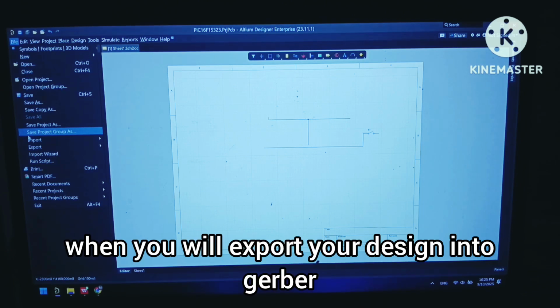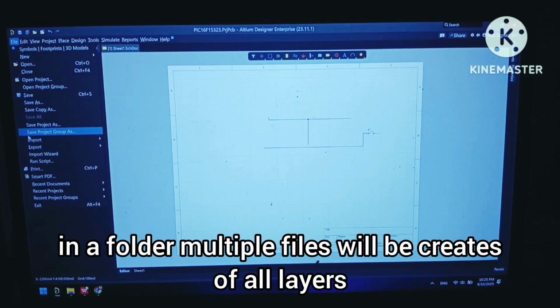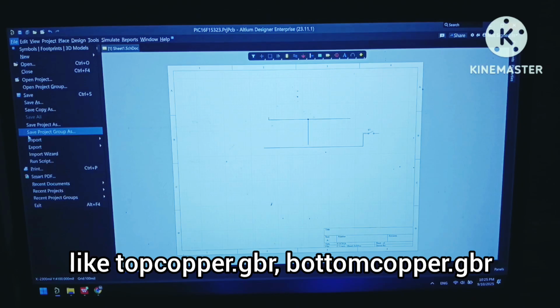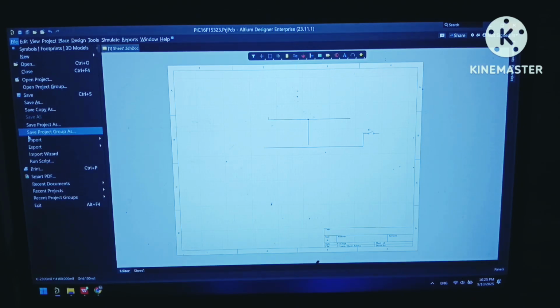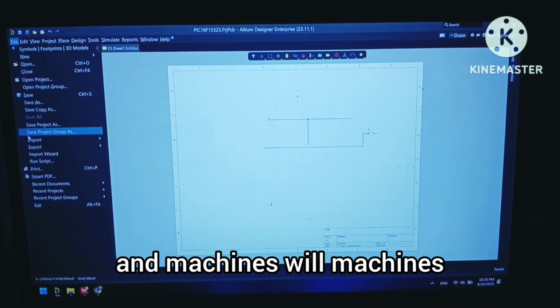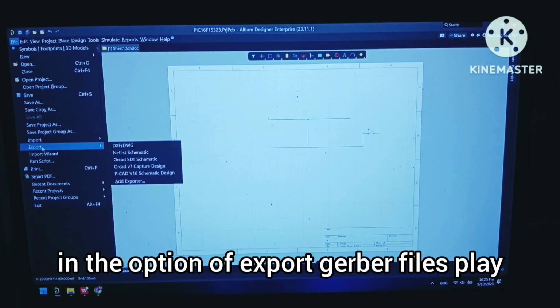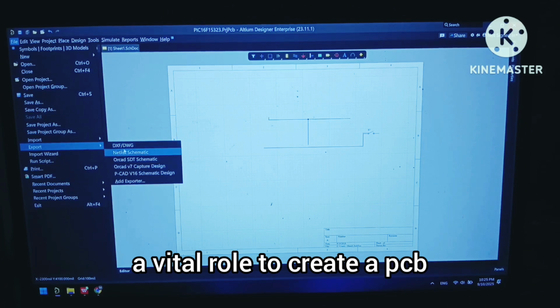When you export your design into Gerber files from Altium Designer, multiple files will be created in a folder for all layers, like top copper.gbr, bottom copper.gbr, and these files are sent to the manufacturer, and machines read these files to make your PCB. So the export Gerber files option plays a vital role in creating a PCB.